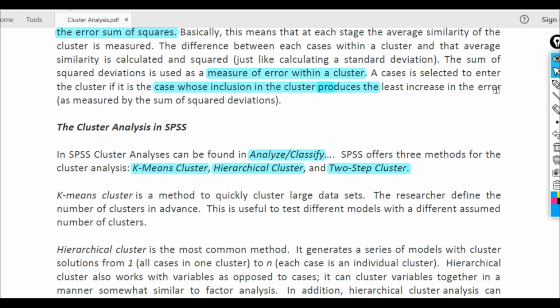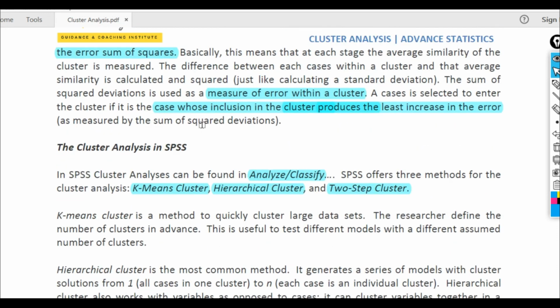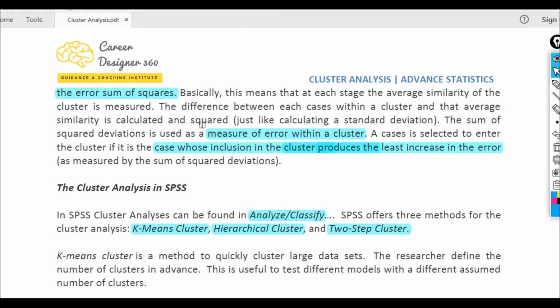the major important point is that the Ward method tries to minimize the variance on adding each case. So it tries to see that if I am going to add this particular case, whether my variance is going to increase or not, on adding which case there will be a minimum increase in variance, and on identifying such cases they are added to the clusters. So this is the whole logic of the Ward